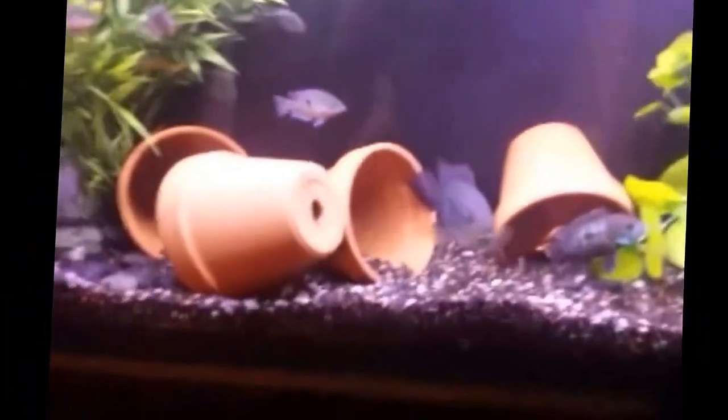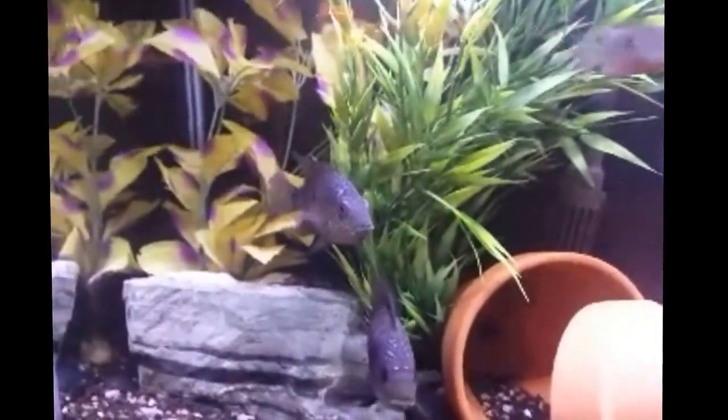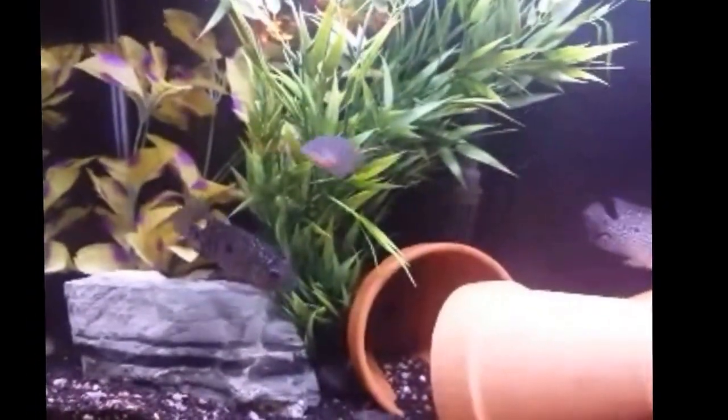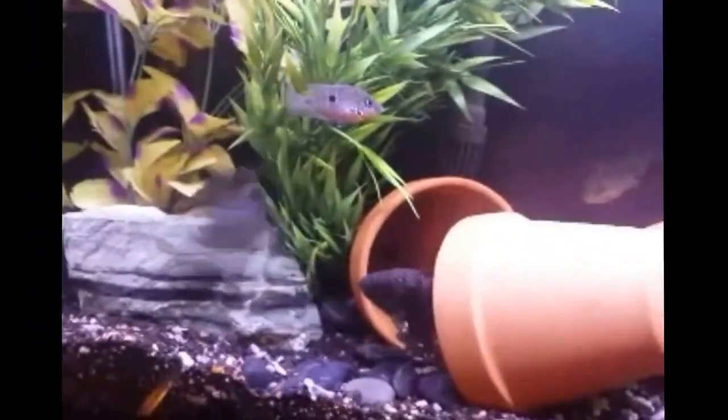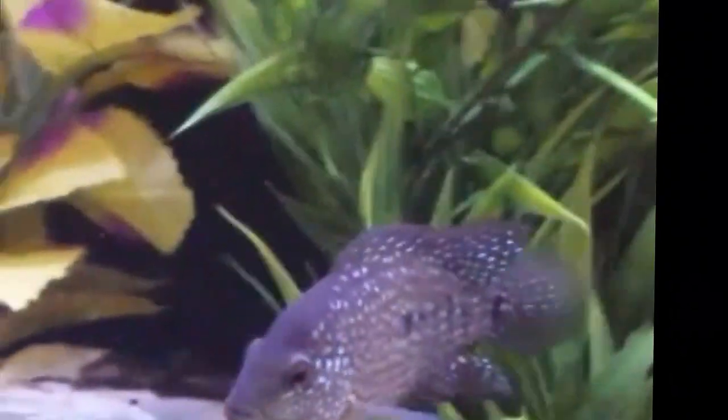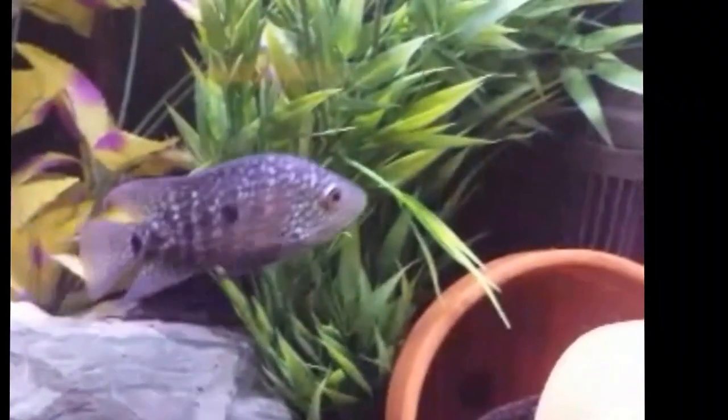Okay, let's get started. The species profile is going to be on the Escondido pearl scale cichlid, which is the H. carpintis. It's in the same family as the Texas cichlids. They're often mistaken as the Texas cichlid, the green Texas cichlids. In fact, they aren't Texas cichlids at all, which is weird to me that they're named Texas cichlids. I don't know whoever started that or how it got to the point where these fish have been renamed as that,